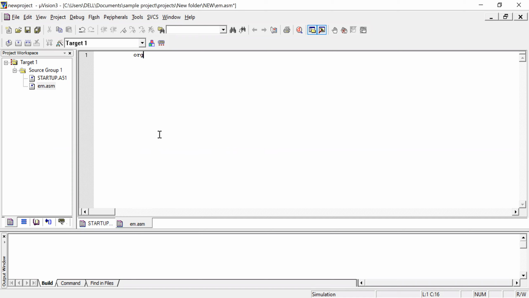So I will execute the same program. You have to develop your own algorithm. I want to move the signal to port 1. I'm going to move 00H. And I'm going to have a small delay, so I'm going to use a subprogram by using a call delay.